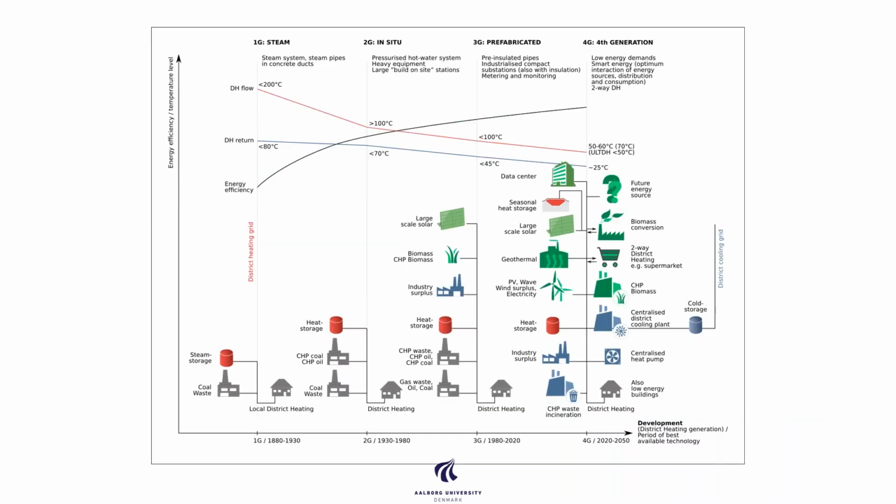Then we want to move towards this fourth generation district heating. As you can see, we've been going through first, second, and third. Here we had steam systems with very high supply temperature, over 200 degrees, and then we lowered the return temperature to a little less than 80. Now we go to 100 in number 2, and here we can certainly use a little more resources. So we have some industry surplus energy, and we can maybe use some large-scale solar.